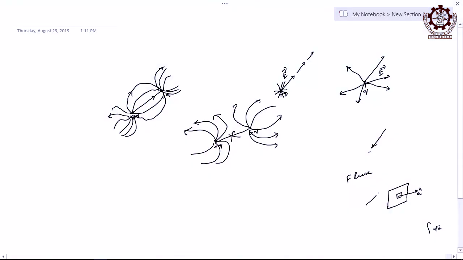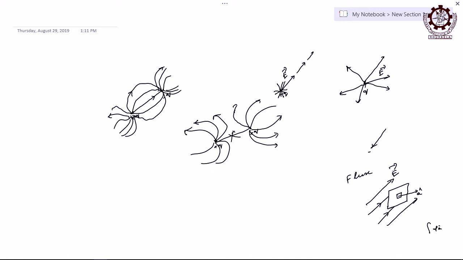Now, if these field lines are going in this direction like this, let this be the electric field and this the area, then how much flux is linked with that area? Because the field is in this direction, the orientation of the area is in some other direction, and hence the normal is obviously not the same as that of the electric field, but flux is linking, right. Flux is linking with that area. So, when the orientation is changing, the link is changing. The field direction is the same, but if you change the orientation, then accordingly the flux link will also change,